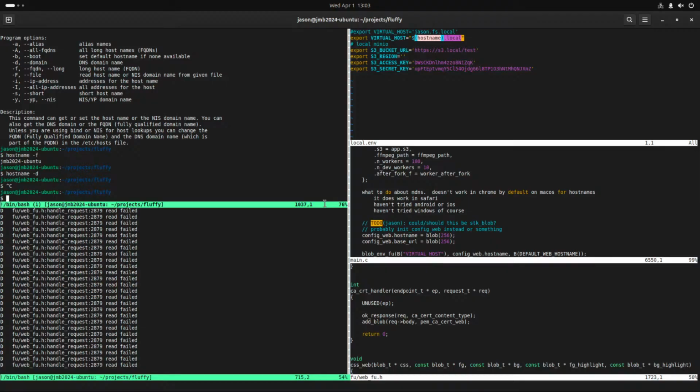Oh, I have allowed IPs. Oh no, I have exclude private IPs. I think that actually means, yeah, so this is blocking access to the local network right now, which that's